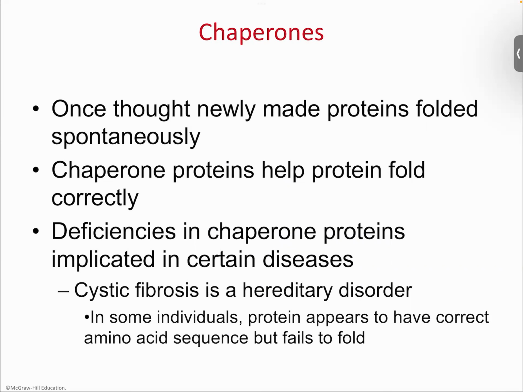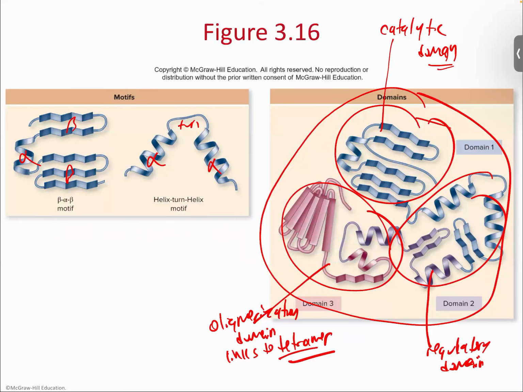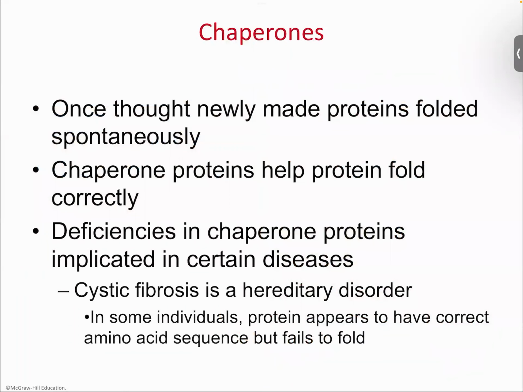So we left off, we just got done talking about protein folding, right? The four levels of folding: primary, secondary, tertiary, quaternary. Talked a little bit about motifs and domains. But now, to extend the discussion of folding, we get to the idea of chaperones, right? Chaperones are proteins that are involved in protein folding. So they're proteins that fold proteins that themselves need to be folded.